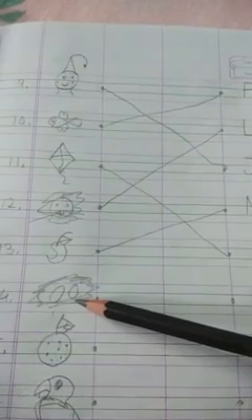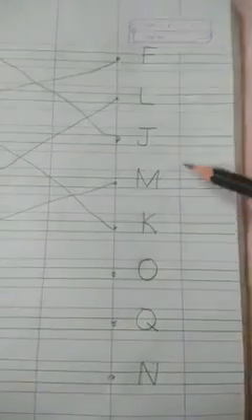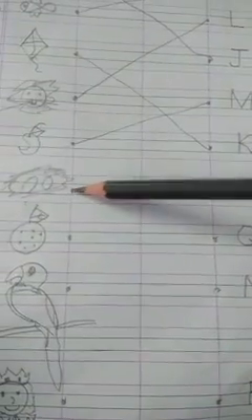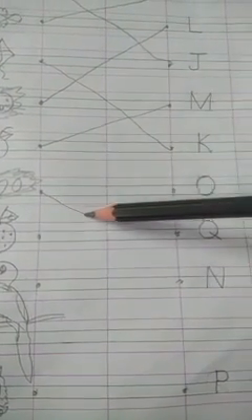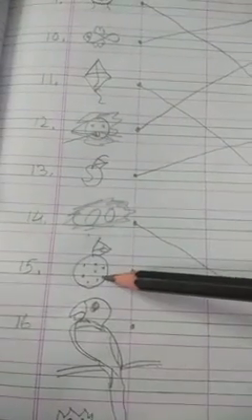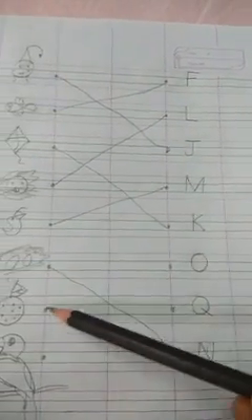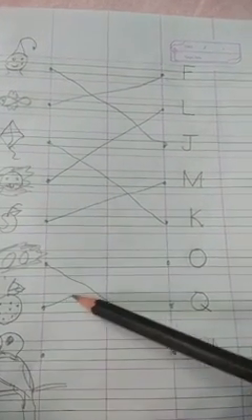Now tell me what is this? Nest. Check where nest is written. It is already done now. Now check which was not done. Yes, here it is. It is letter N. So start from nest and go to letter N. Yes. Now tell me what is this? Orange. Check where is letter O. Here it is. So draw the line from orange to letter O.